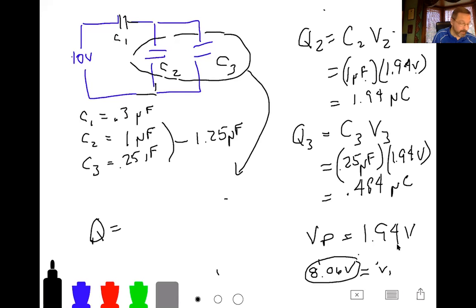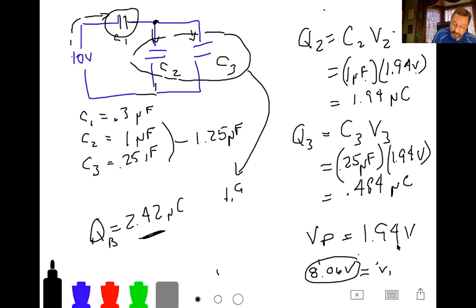Now, remember, how much charge left the battery? If you were keeping track before, we said that the charge leaving the battery was 2.42 microcoulombs. That's how much charge left the battery. It all got deposited on C1. Then when you got to the junction, the node that separated out the parallel part of the circuit, we said the charge should split. So the amount of charge that goes to C2 and the amount that goes to C3 has to add up to the original charge which left the battery. Let's check and see if that's true.